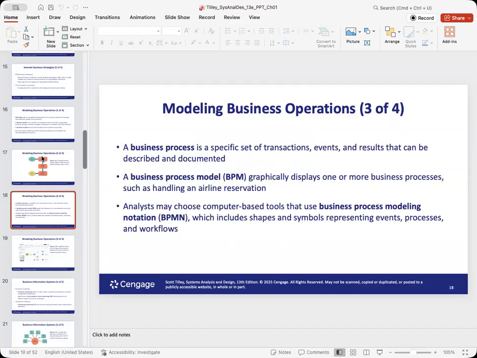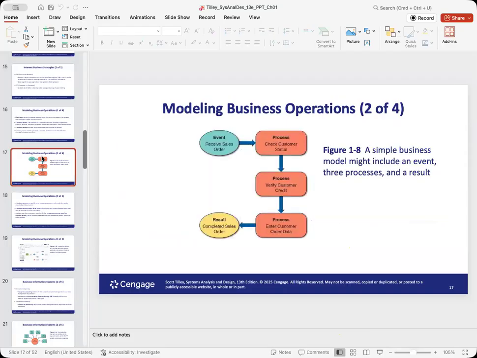All right. Now, a business process. These are a specific set of instructions or transactions, events and results that can be described and documented. A business process, like what I described earlier. The process happens within,